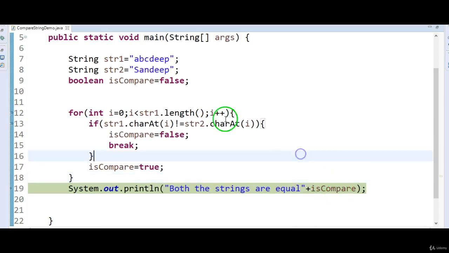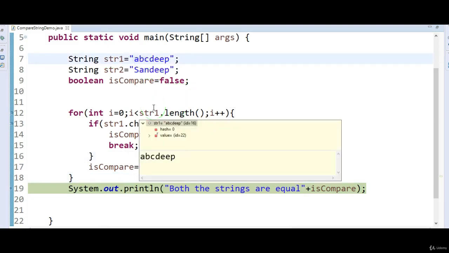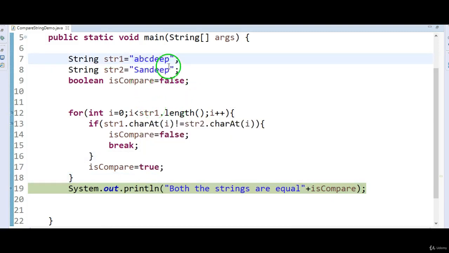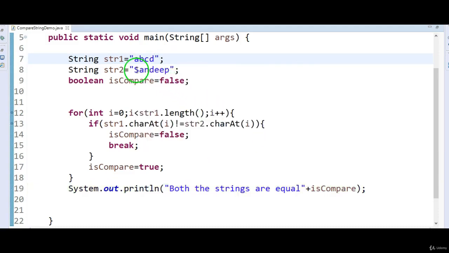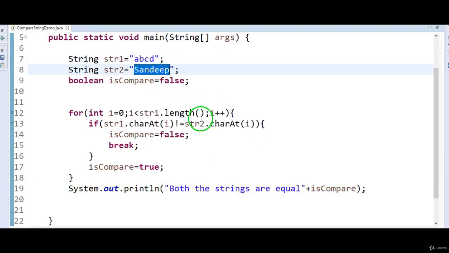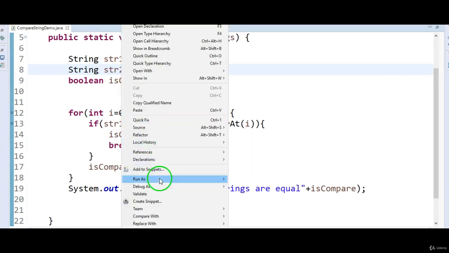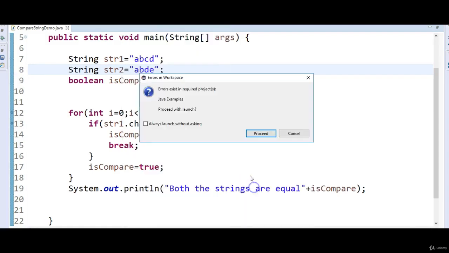That means, assume that, since we got only one iteration, right? Let's change these values. So I'm making it as ABCD, and here I'm making it as ABD. So let's run the program and see the output.